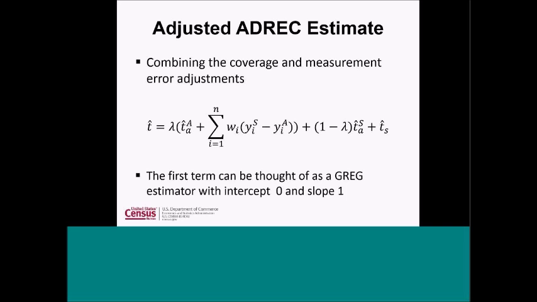And then you have the parts estimated directly by the survey. And then you use the same type of averaging with the lambda between the adjusted administrative records and the direct survey estimate for that area, or for the administrative record coverage area. So there is one thing that we point out here, if you're looking at mean squared error. I've now just injected a bunch of sampling variance in here in exchange for hedging against bias. Okay.